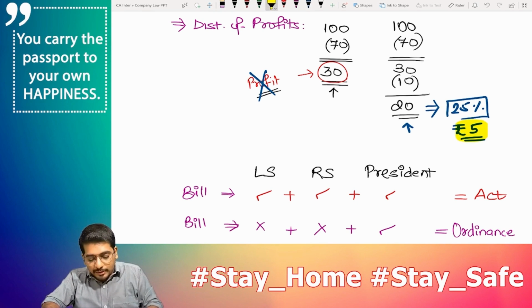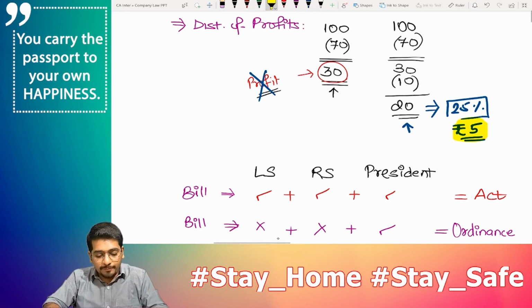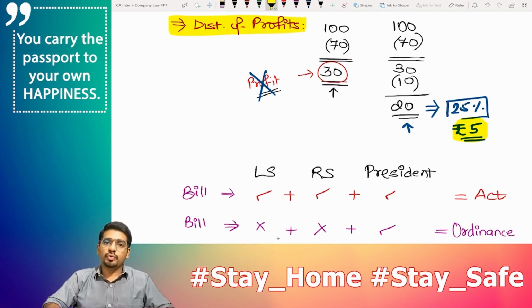This 5 rupees is the total amount of dividend that the company is going to distribute to the shareholders. Which shareholders? Those shareholders who had invested in the company, those shareholders who had purchased the shares of the company, those shareholders who had given something to the company with the expectation that company will give them something in return. In this chapter of distribution of profits, what we are supposed to do is we are going to learn the concepts of dividend, like how much dividend a company can give.